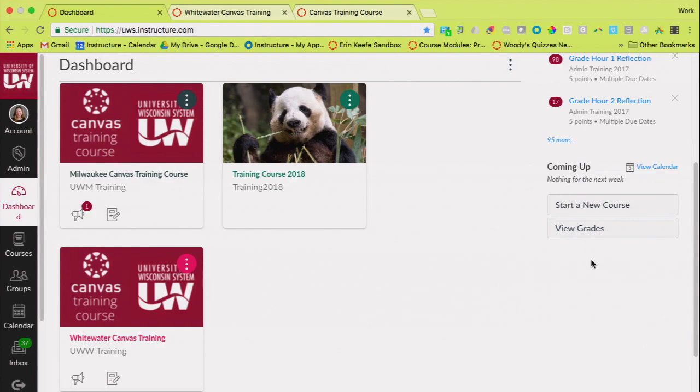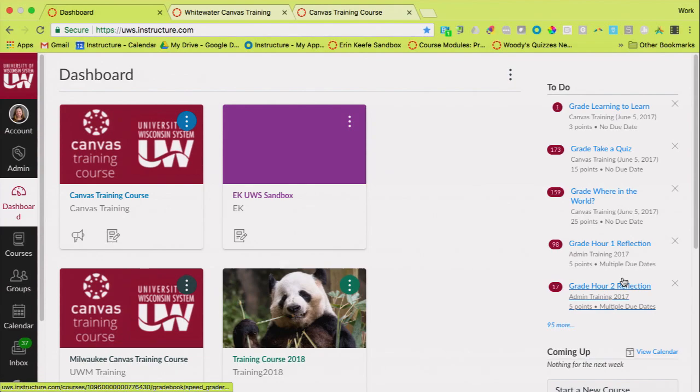Beneath that, there's a coming up list, so that's giving you a peek into your Canvas calendar. It's going to be any assessments or events that are starting from today and going a week out. And there's also going to be a View Grades button there where students can look at their grades. Instructors, if they click on View Grades, can then pick which course they want to look at. Another section that will start to populate there is recent feedback. So students will always see any feedback that they got, any grades or comments that came back from their instructors since the last time they logged into Canvas. So the dashboard's really like that jumping off spot when you first get logged in. We try to put all of the pertinent information that you might need to start your day right there.